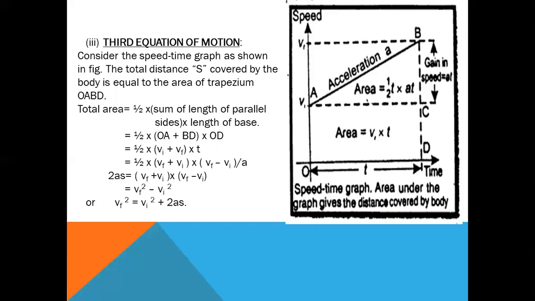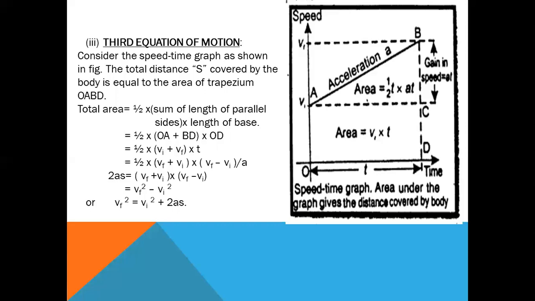So we say sum of parallel sides, OA plus BD times OD. And we know OA is equal to Vi, BD is equal to Vf, times OD is equal to t, equal to half times